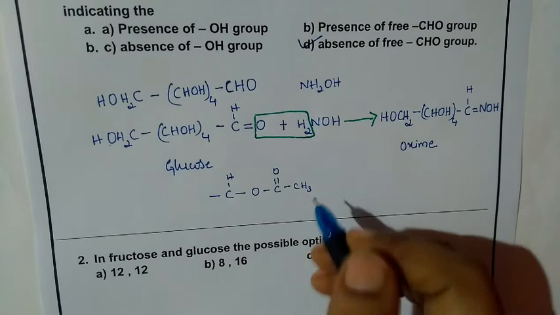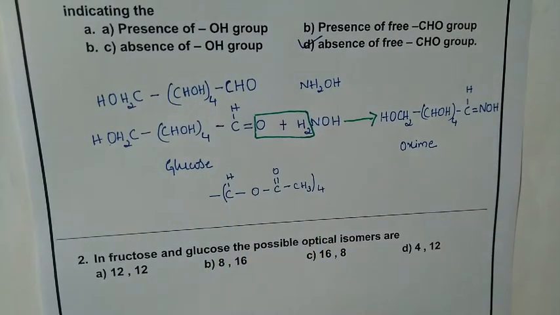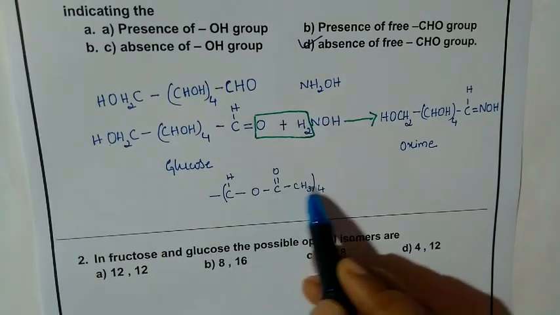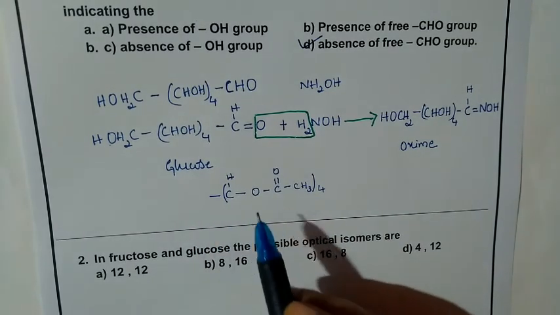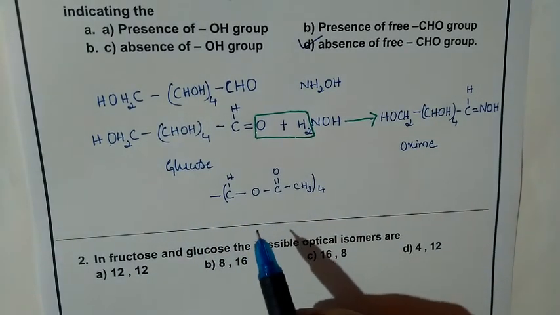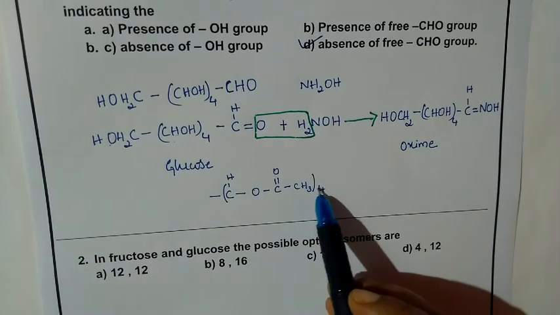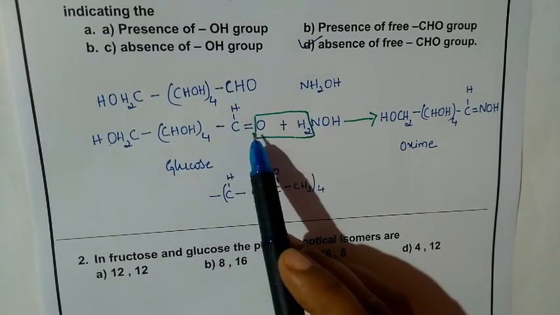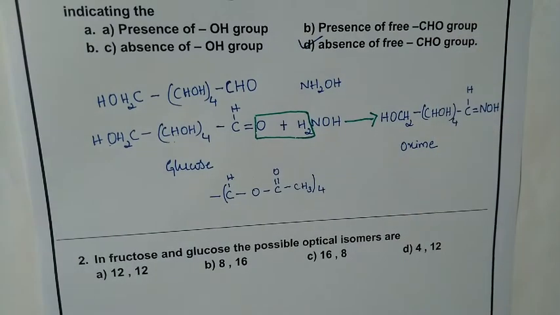So this is our 4 times this one, and instead of this H, the same group, the acetate group, will come, and that becomes pentacetate. We have studied that compound and that reaction also. Instead of this H, acetate groups will come, but there the aldehyde group is not free, so that's why it is not giving the reaction with hydroxylamine.